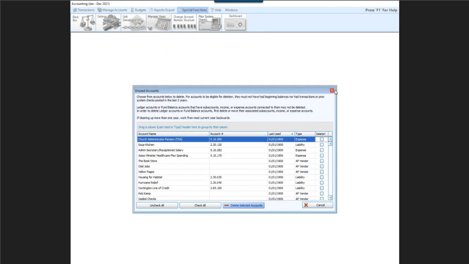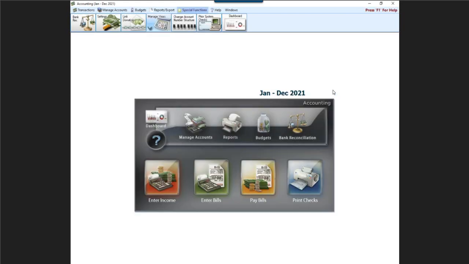But I want to point out initially, first of all, notice my accounting year now says January through December 2021. Part of our webinar event yesterday did go through the process of opening up the next accounting year for January through December of 2021. That is simply part of that managed years list of options, opening the next accounting year or the new accounting year, which again, I remind you, can be done at any point in time.